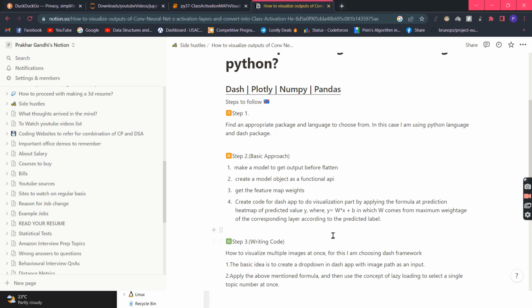Step two, the basic approach is we have to make a model to get the output before the flatten layer. We have to create a model object which will take the input layer and output layer as a functional API. Then step three, we have to get a feature map. Then we have to create code for a Dash app to do the visualization part by applying the formula for prediction heat maps